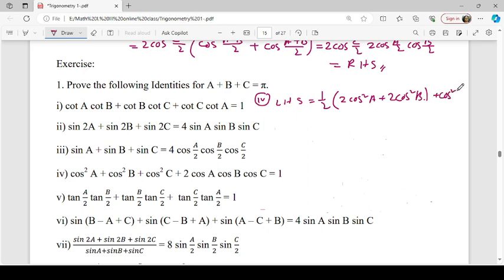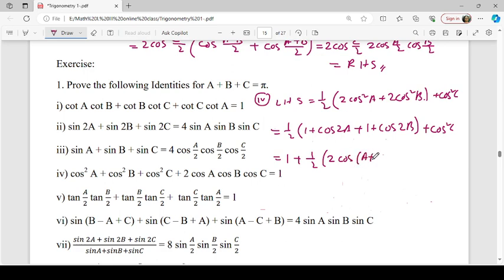Then this one half, then 2 cos square a we write as 1 plus cos twice a, so it is 1 plus cos twice a plus 1 plus cos twice b plus cos square c. Then half plus half, it is 1 plus 1 is 2, and 2 by 2 it is 1, so the constant term we get is 1, then plus half of